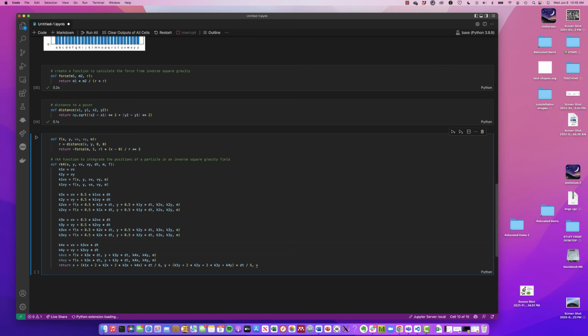Yeah, so I think there's going to be an error in this, and I think it's going to be an error with the forces. I think it's not integrating the x and y forces correctly. So it seems like it's kind of trying to do this here. But I think what I need to do